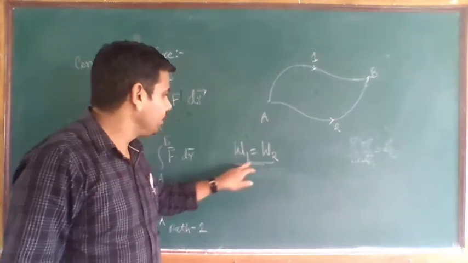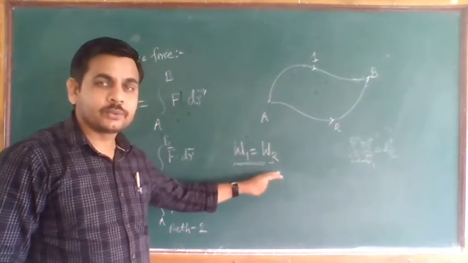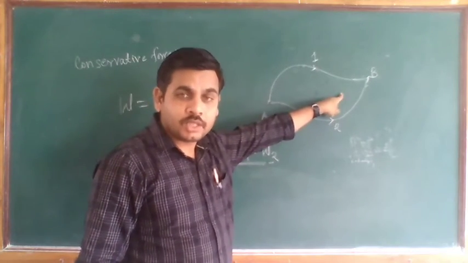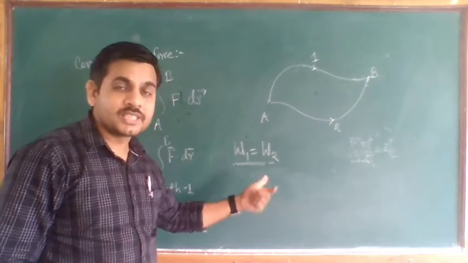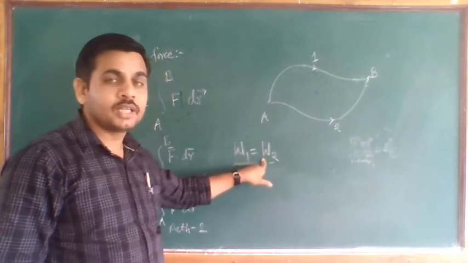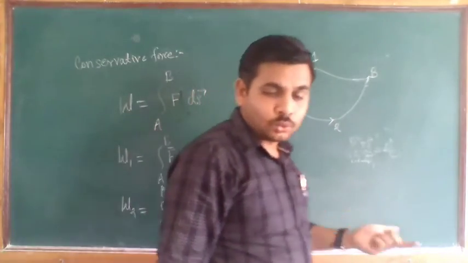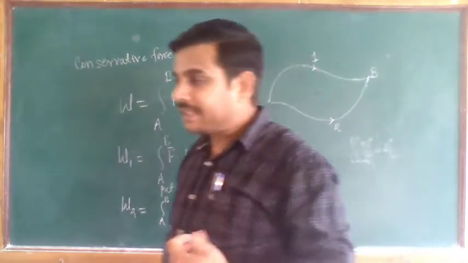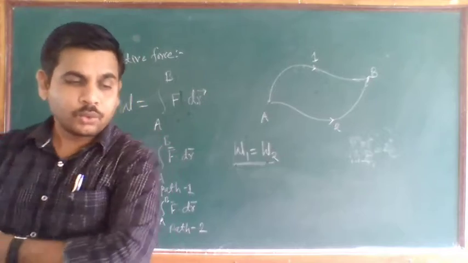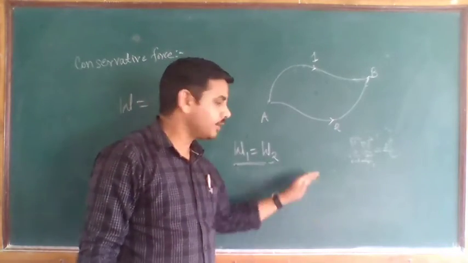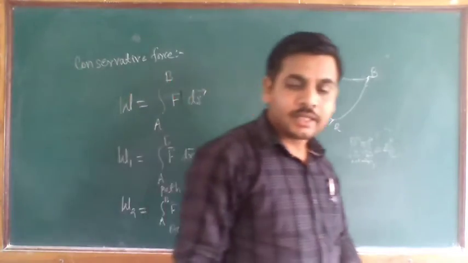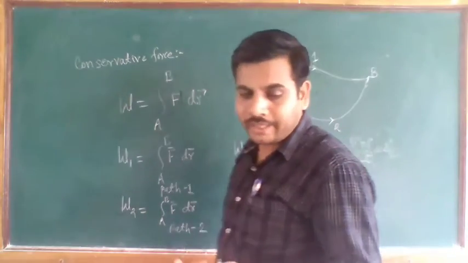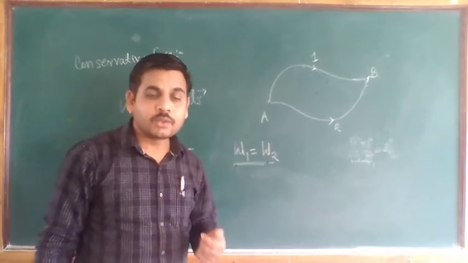Here this W1 is equal to W2 gives, or we can say that the work done along the path 1 is similar to the work done along the path 2. So in this case, if it is the same, we can say that the force is conservative. Here F is a conservative force, and in this case the work done